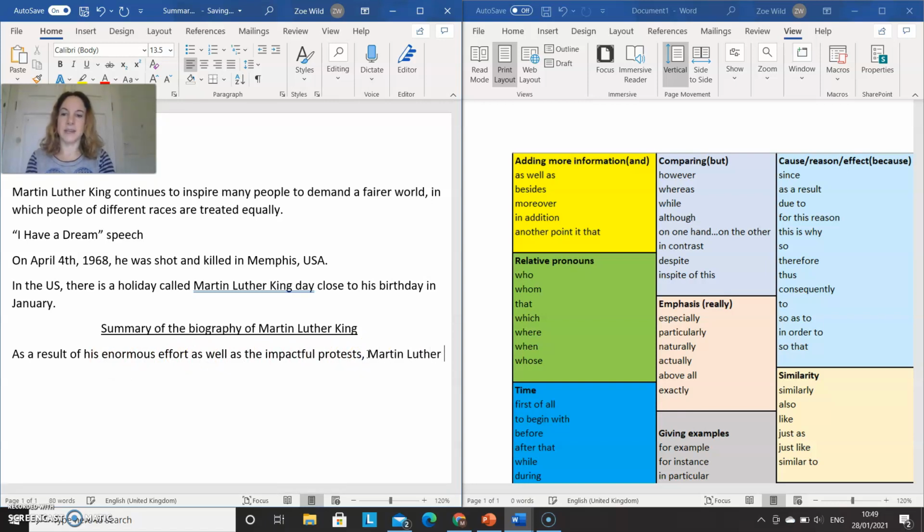Martin Luther King. So what I'm doing is I'm taking this first one. Martin Luther King continues to inspire many people to demand a fairer world in which people of different races are treated equally. I don't want to just use the exact sentence I've been given. I want to make it my own, and I want you to do the same. So I'm just swapping around the words and adding my conjunction in. As a result of his enormous effort, as well as the impactful protests, Martin Luther King